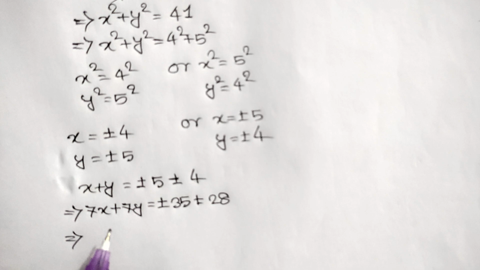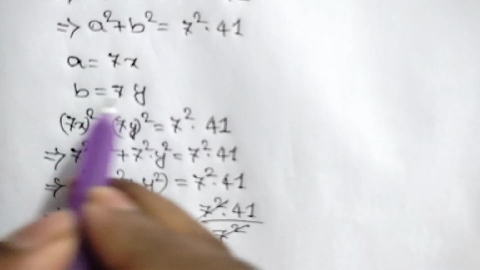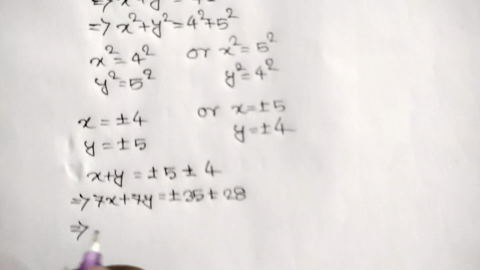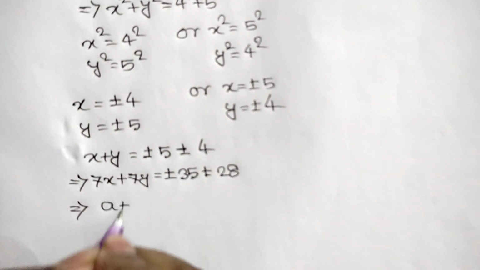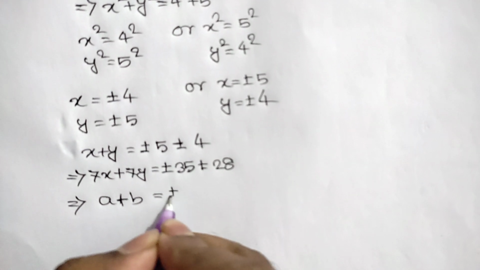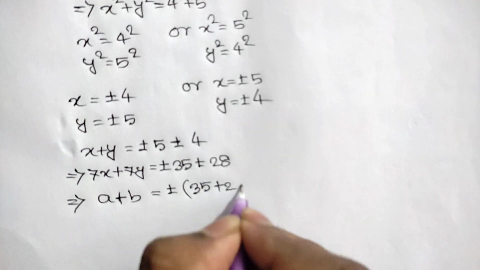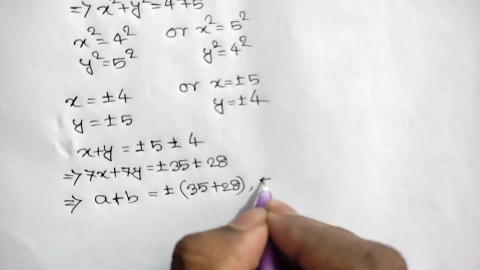Or attention here, 7x is equal to a and 7y is equal to b. So here we can write a plus b is equal to plus or minus 35 plus 28, or plus or minus